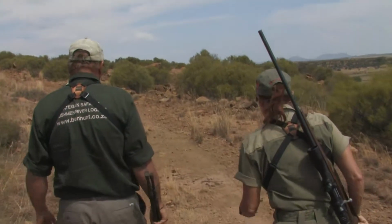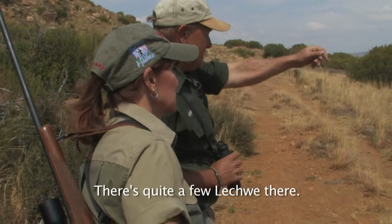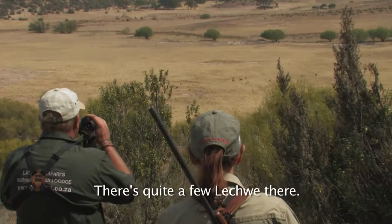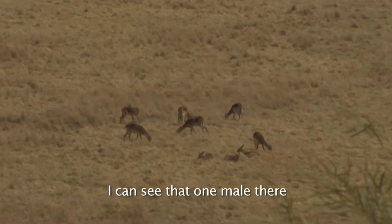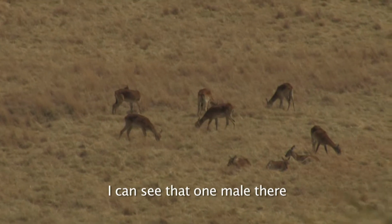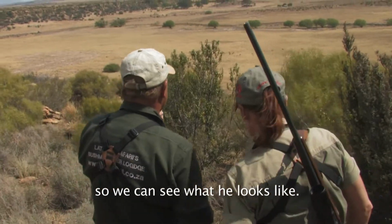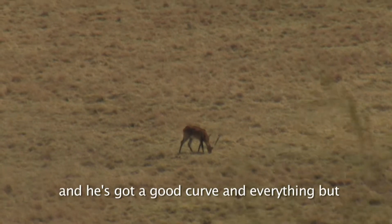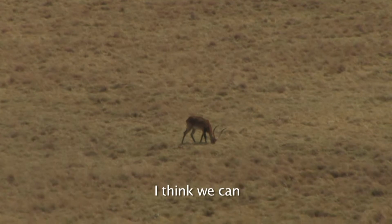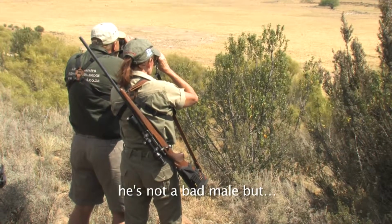Well, our friend the wind is back. There's quite a few Lechway there. Looks like there's a young male. I can see that one male there. We'll just have a look and let him turn his head towards us so that we can see what he looks like. I look at him, he's nice and heavy and he's got a good curve on him and everything, but I think we can get better than that. He's not a bad male, but...